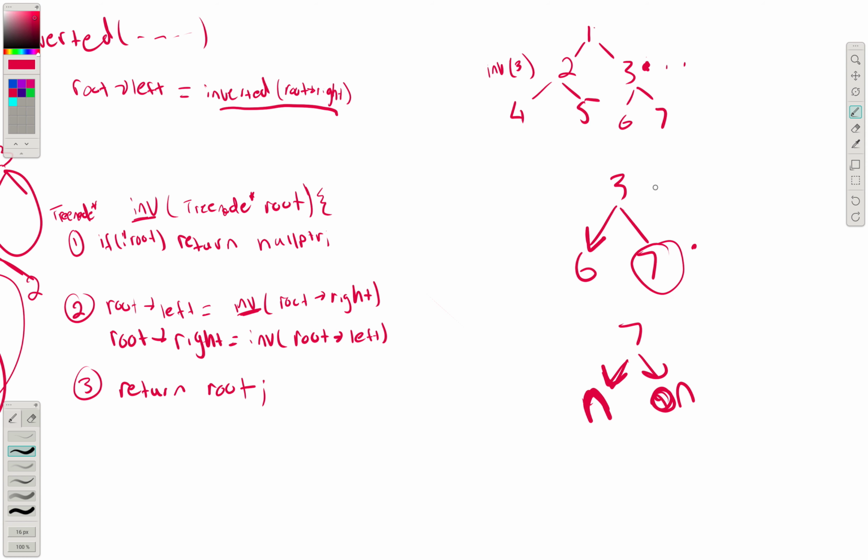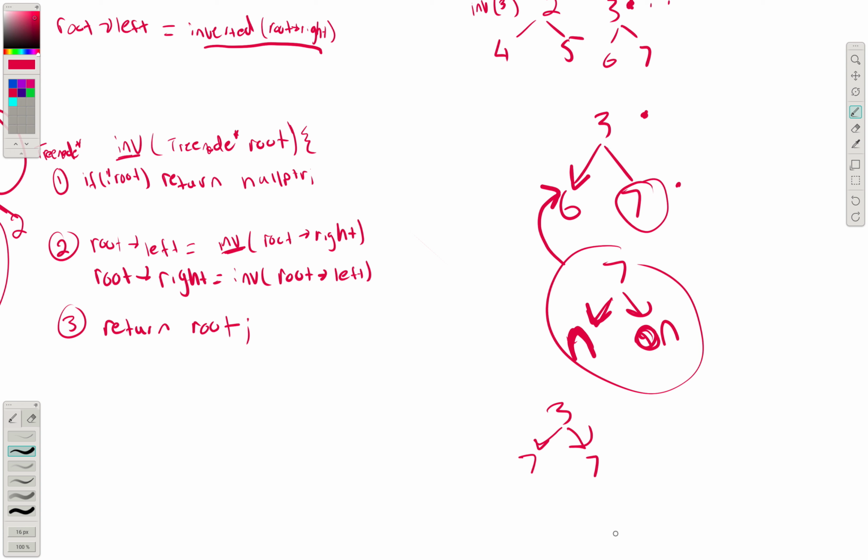Basically now we're back here with this being the root, and root left gets this. So now it's become 3, 7, 7, and the problem here is that when we're now taking the right side